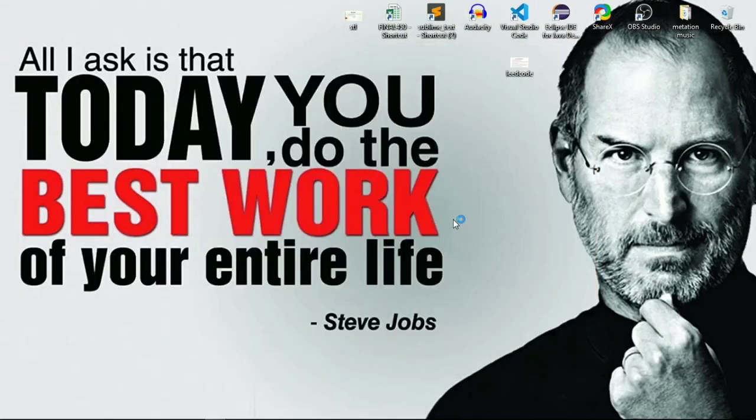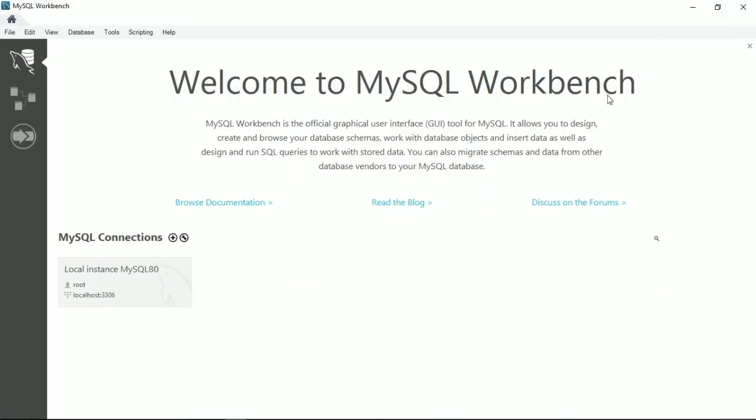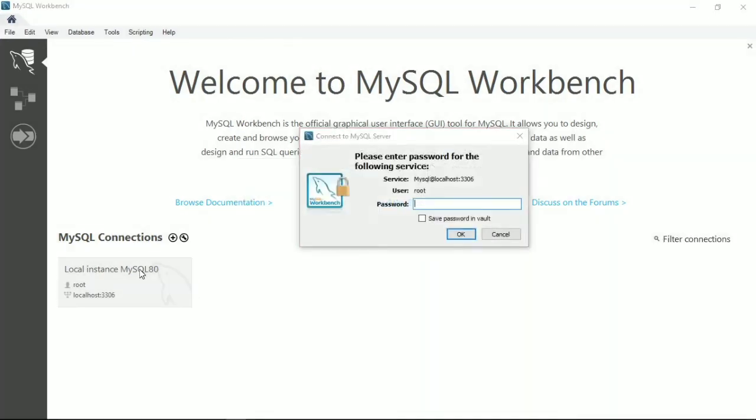If you finish, then Workbench will open like this. Your Workbench will be open for you. Then click here. If you double click here, then it asks you for a password. Then you have to give the password that you set for your root user. Then I enter the password for my root user.